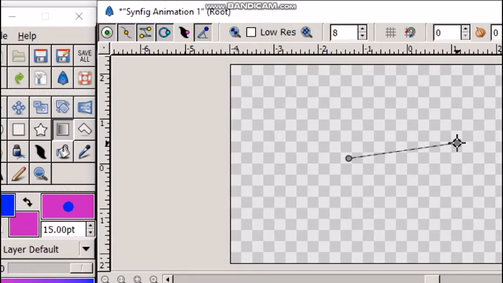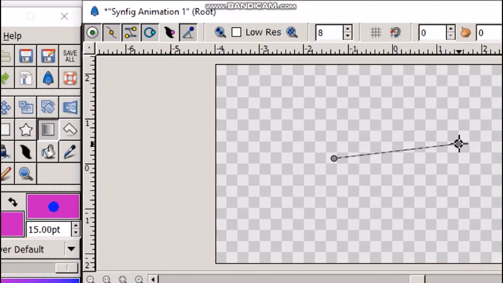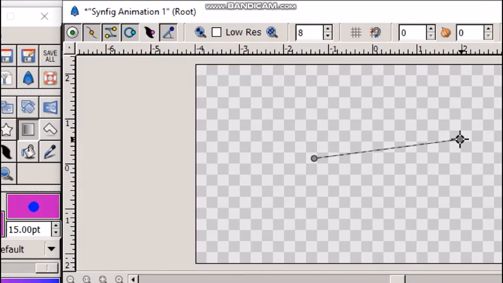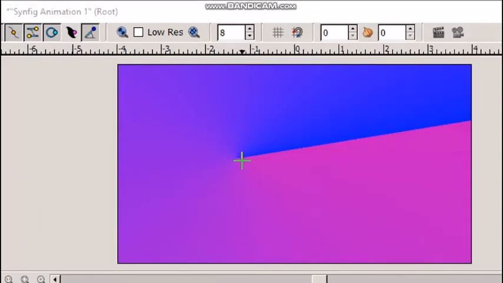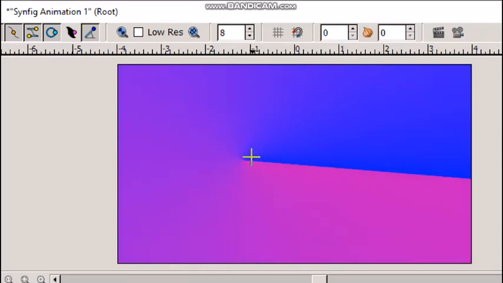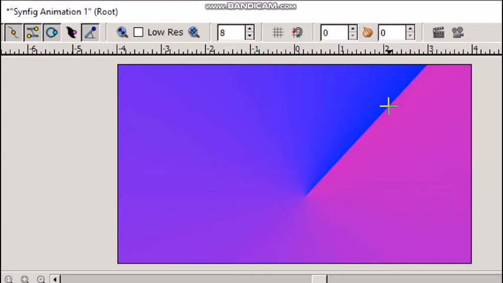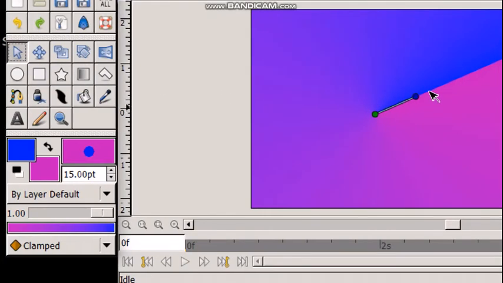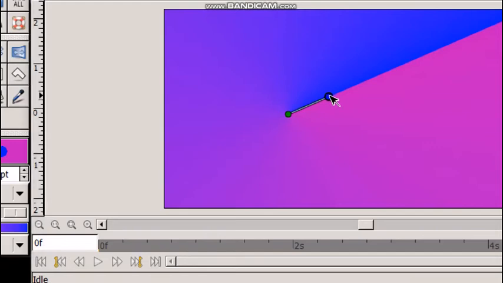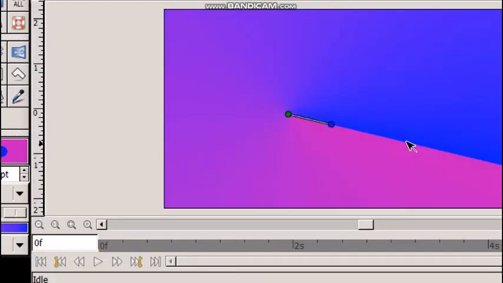Click to set the center and drag to indicate the direction in which the foreground and background color should go. The center end point can be adjusted to move the center of the gradient, like this. The other end point adjusts the direction of the gradient. To edit afterwards, use the transform tool and then drag it. See the changes.